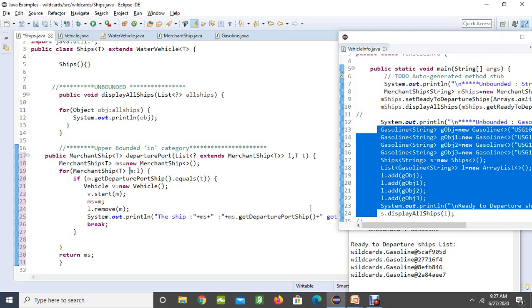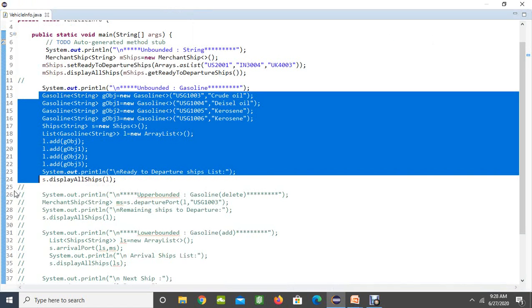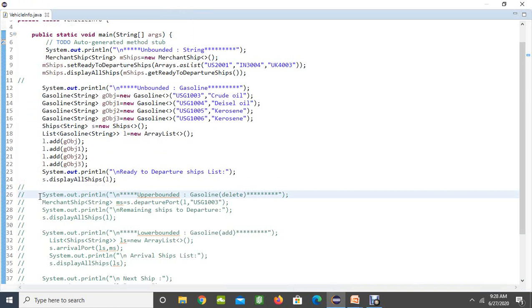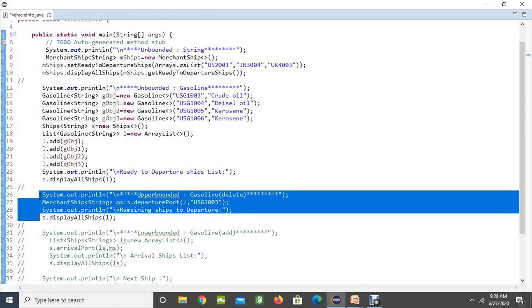So here what I am going to do is, let me save this and go to our main method again. Here if you observe, I am going to call the unbounded wildcards. I am going to call the same method with the same object we created over here, because our object contains already 4 gasoline ships.